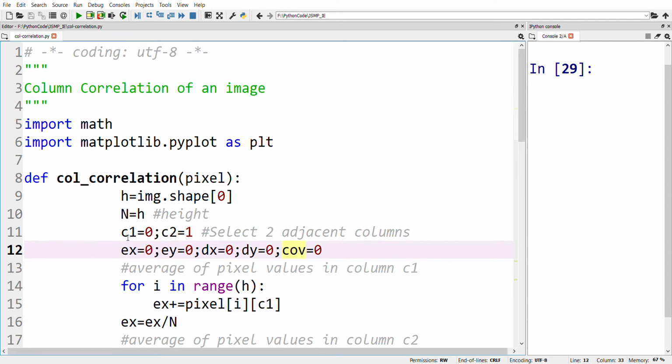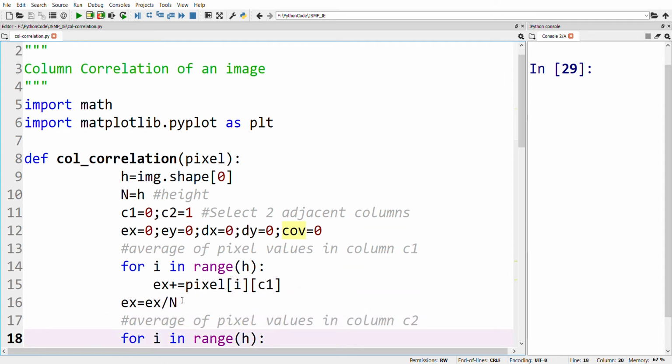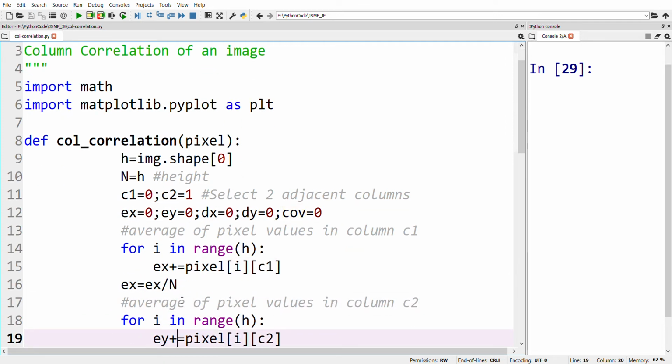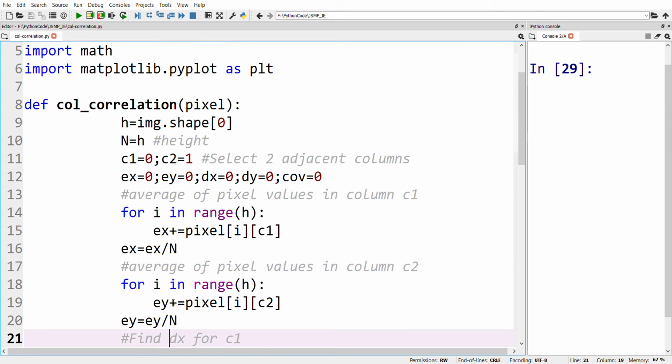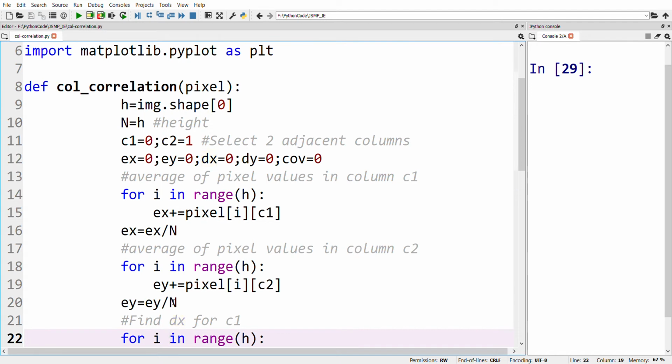Here I have selected column 1 as the 0th column and column 2 as the first column. First I am finding the pixel values and its average of column 1, and next I am finding the average of the pixel values in column 2.